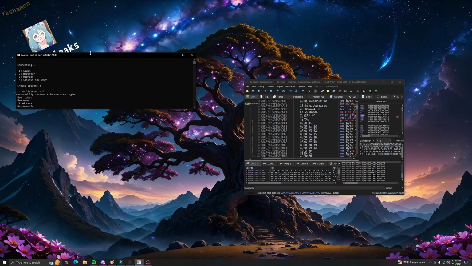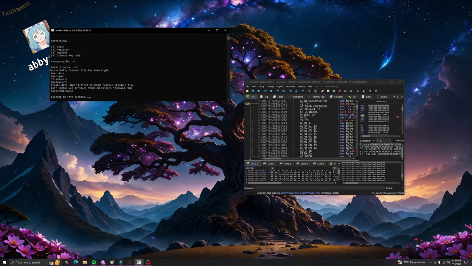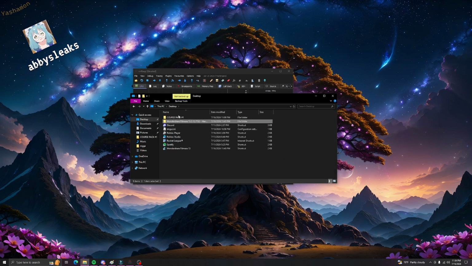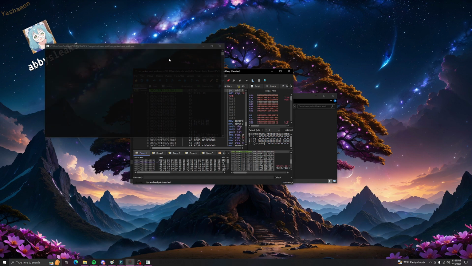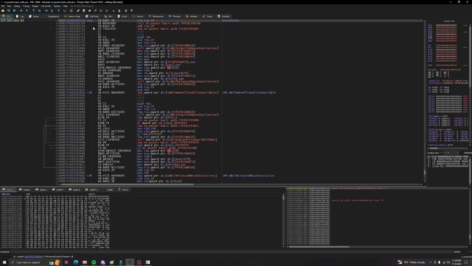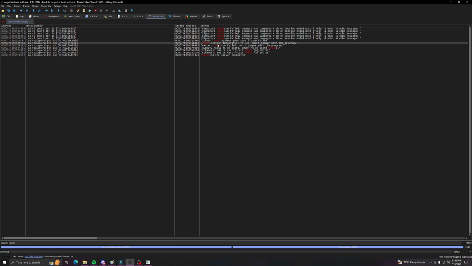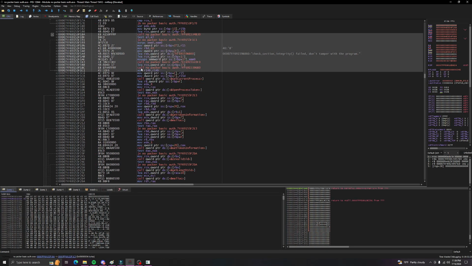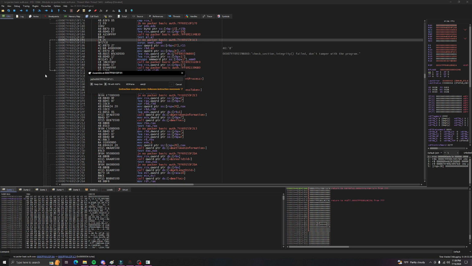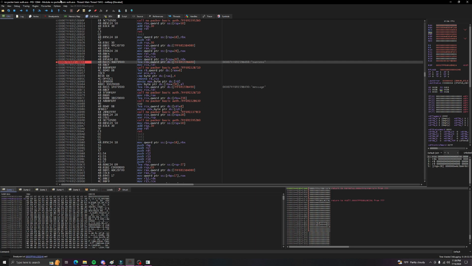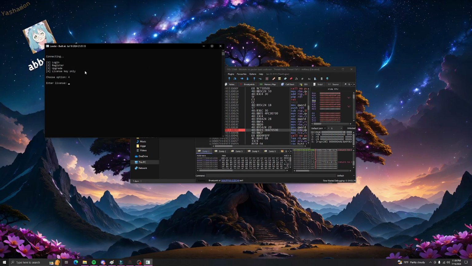Let's see if we run, and obviously we see successfully create a file for auto login, which means we've logged in. So what we're actually going to do is, give me a second, delete this so we don't auto log in, restart, and I'm going to show you another method, and you might actually guess it. So first thing we do, patch our integrity. You could do this, or you could do this. Then after that, breakpoint our success, type in our license key,